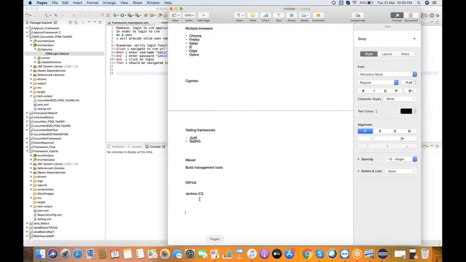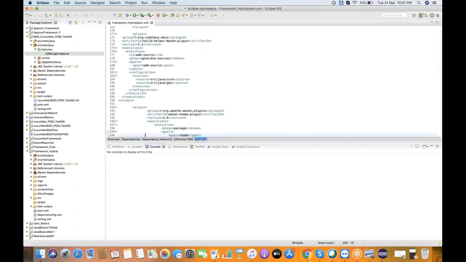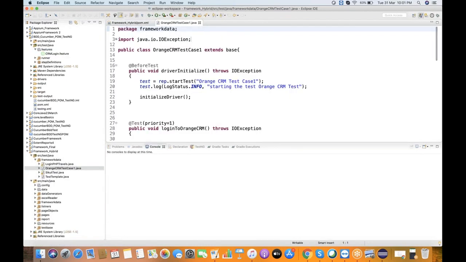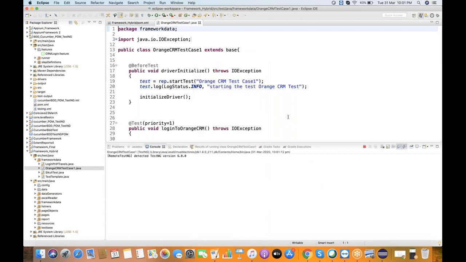Also, there is one more thing called extent reports. If you don't use any reporting tool, we'll see the output in the console only. So let me execute some test case. Let me see if it is working. This is one test case which was created using the framework.